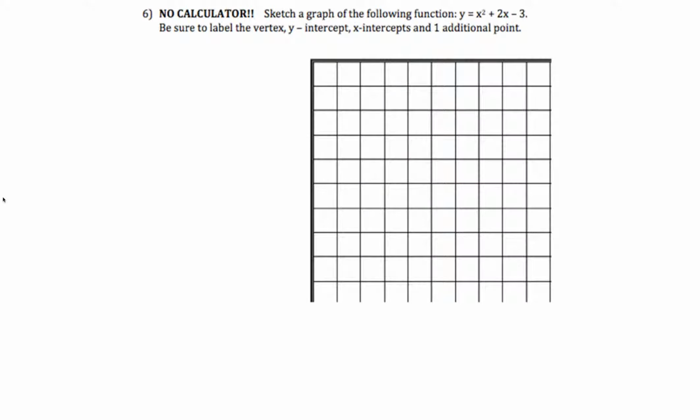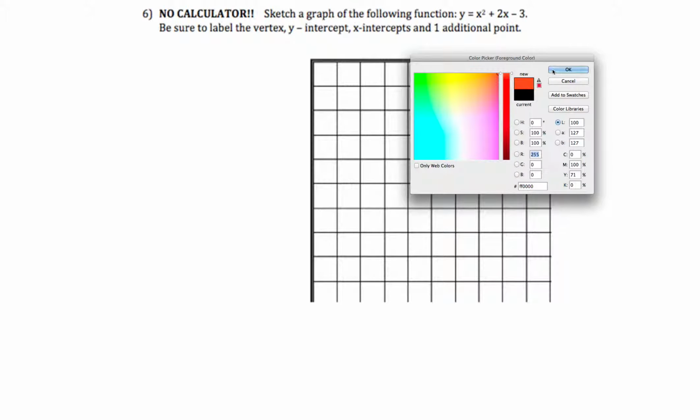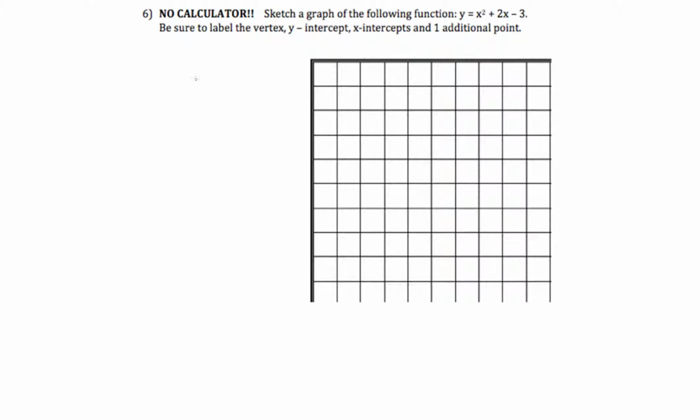All right, problem number 6. I want to sketch this function, but I want to do so without using my calculator. So if I want to do that, I'm going to do a little work. I'm going to write this function in two different forms. I'm going to convert it to vertex form so I can identify my vertex, and I'm also going to convert it into factored form so I can identify my x-intercepts, because it says label the vertex, the y-intercept, the x-intercepts,